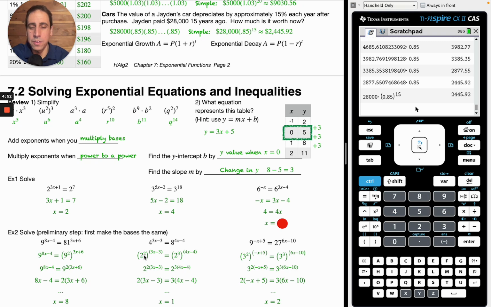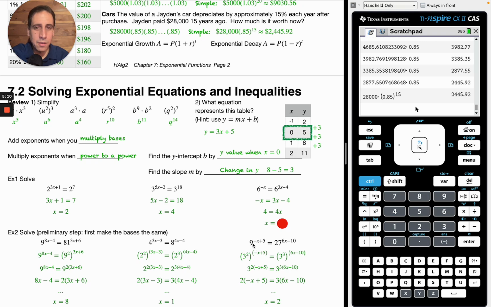2, since it's raised to the second power, raised to the 3x minus 3, we can multiply these exponents here. Again, the exponents multiply, and this is what you get. So now that the bases are the same, we can set the exponents equal to each other, and this is what you get. And when you eventually solve all that algebra 1, you get x equals